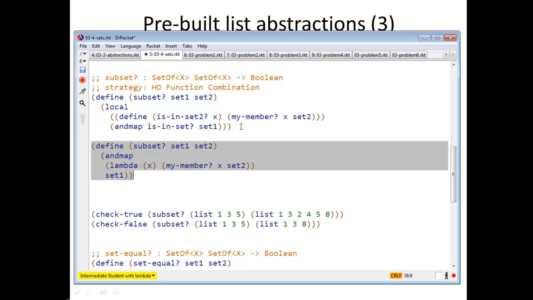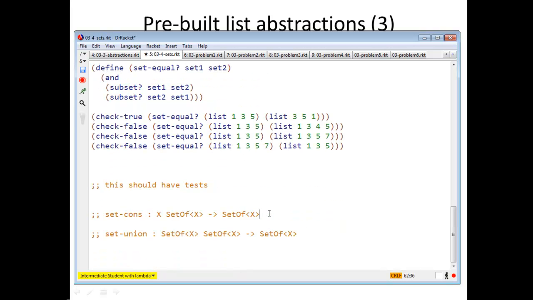I could of course just use a lambda there. Oh yeah, this is good. Let's do two more easy ones. Let's define set const